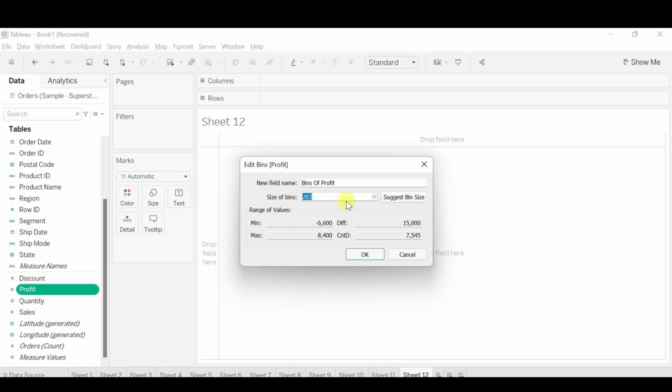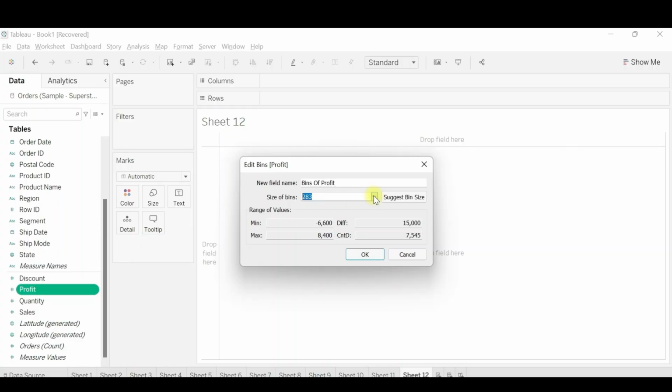How it does this is it starts from the maximum to the minimum, collates the entire data, divides it in equal intervals, and then suggests the size of the bins so that the entire data is covered equally into bins. So it's totally your wish how you want to create those bins. We can either give it as per our wish or use the suggestions given by Tableau.